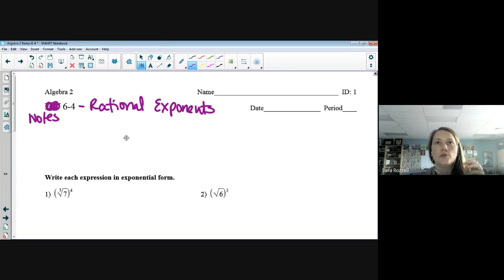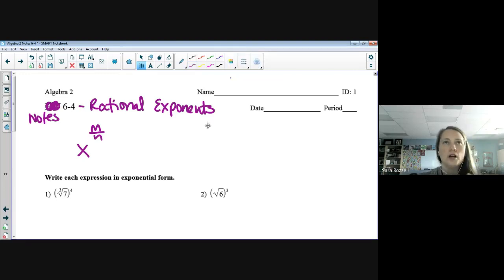So we're going to see how we switch back and forth from rational form with our exponents to radical form. Radical form is with our roots. So we're going from rational exponential form back and forth to radical form. That's kind of a tongue twister. We're first going to start out in our exponential form with our power. So if I have a base and it's raised to a fraction power,